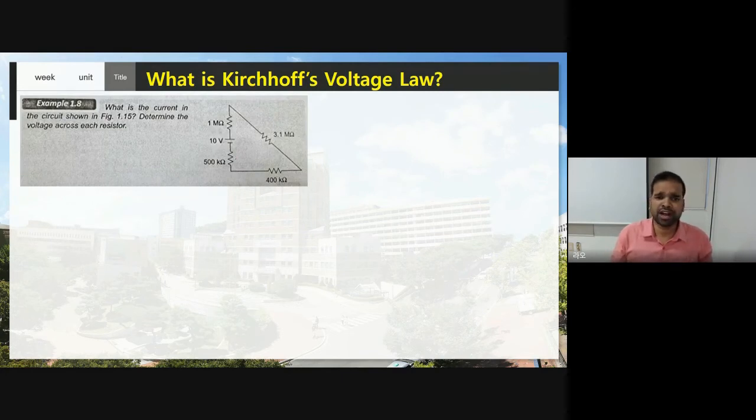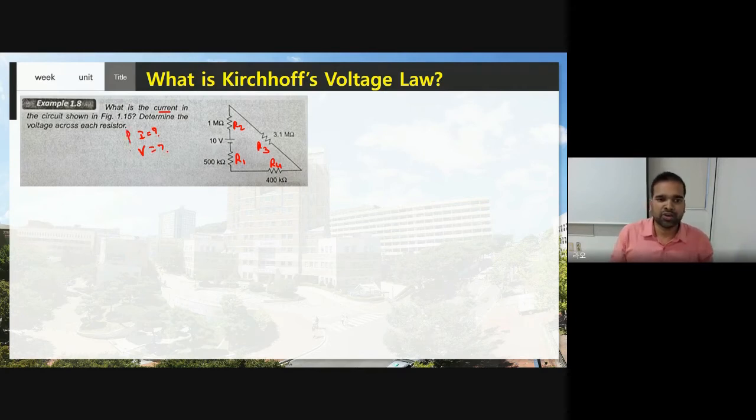Now see, the second problem is very easy. What we need to find here? First thing you need to find is the current in this circuit. All the elements are connected in series, so the current is the same. Current flowing at R1 is the same as current flowing at R2, R3 and R4, because these 4 elements are connected in series. Clear. Now the next thing you need to find is the voltage drop. This is our